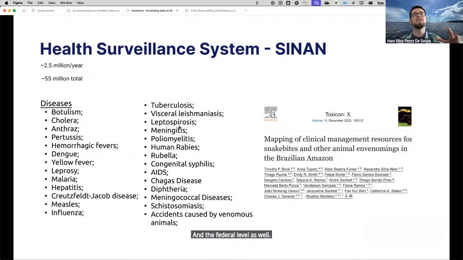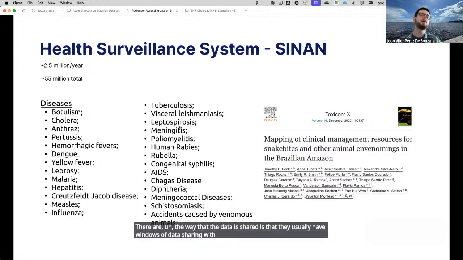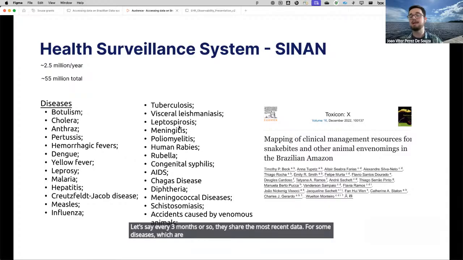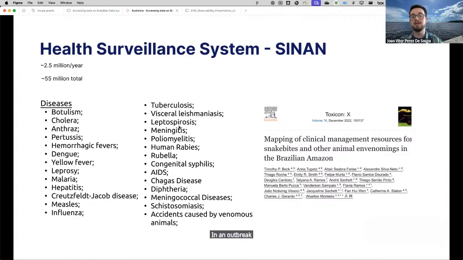The way that the data is shared is that they usually have windows of data sharing with the government. So let's say every 3 months or so, they share the most recent data. For some diseases which are in an outbreak, like COVID-19, the data was shared every day.